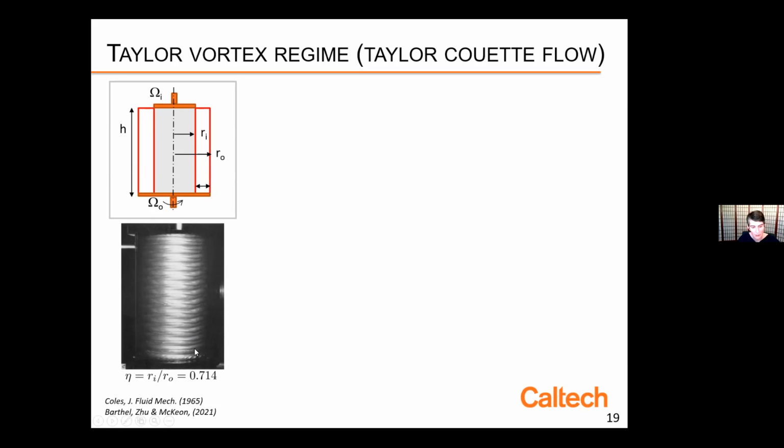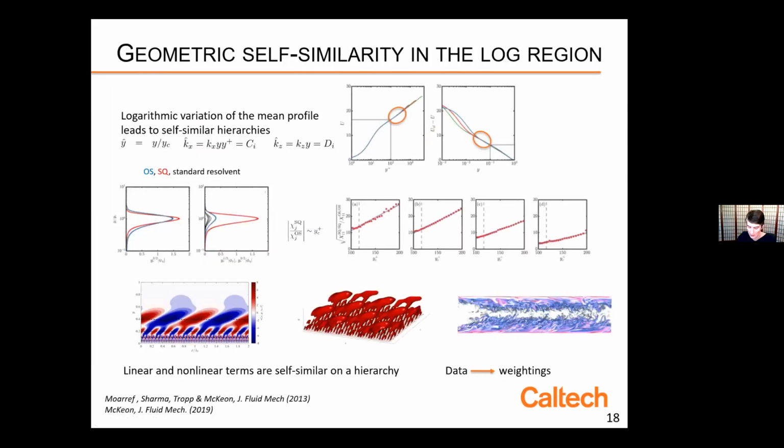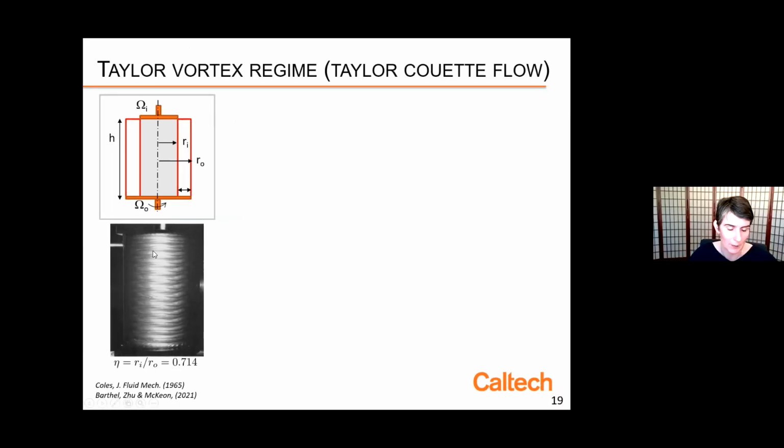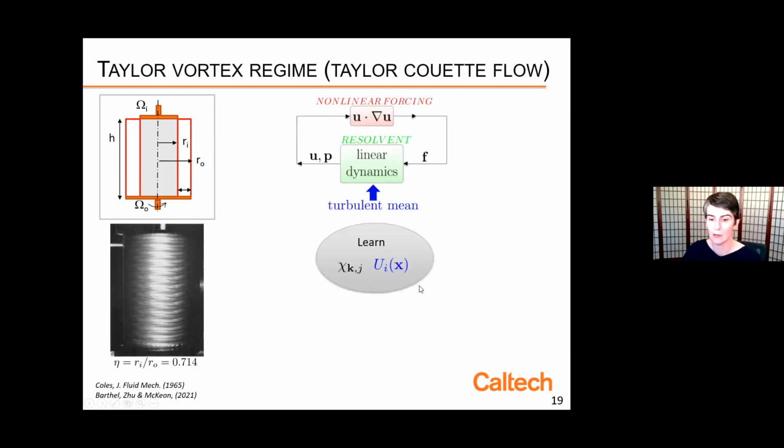If you put reflective particles into the flow, you see these very distinct structures as you increase the speed above the critical Reynolds number. So we're going to look at a particular ratio of inner to outer diameter. This is a picture from Coles, who was a luminary at Caltech, who did a lot of work in wall turbulence and really documented some of what was going on in Taylor-Couette flow. This isn't quite the regime we're going to look at, but I want you to see here that there are bands. There's a distinct wavelength in the axial direction, and you can see some waviness superimposed on that. So as you go up in Reynolds number, first you get these Taylor rolls or Taylor vortices, and then you get a superposition of a waviness on top of that with a restricted wave number. So we're going to deal with the Taylor vortex regime here and use the same machinery,